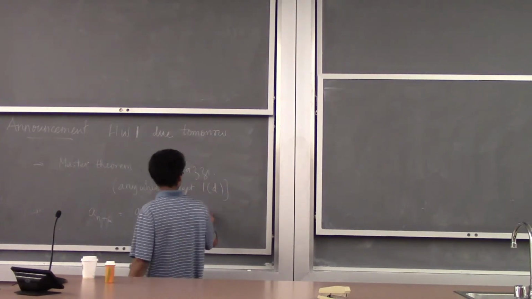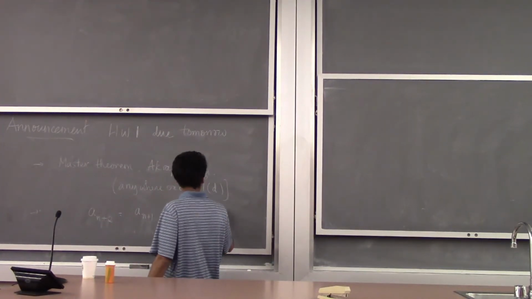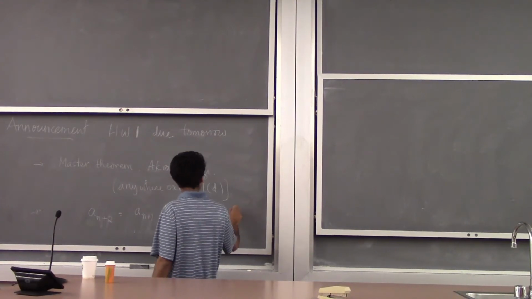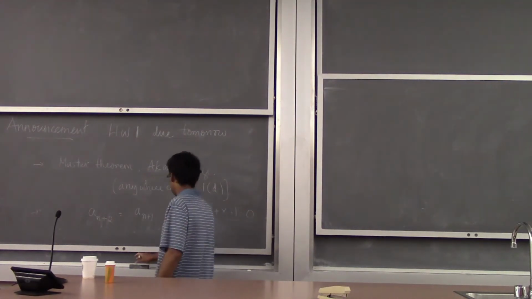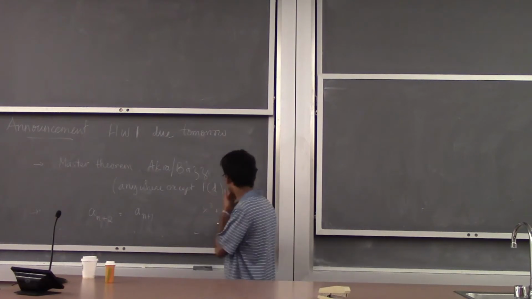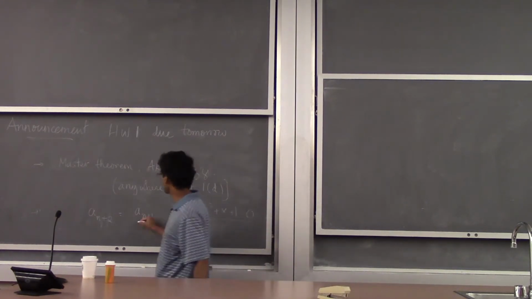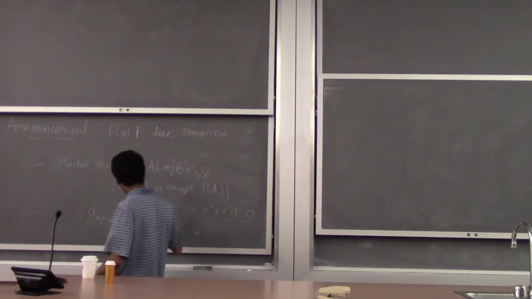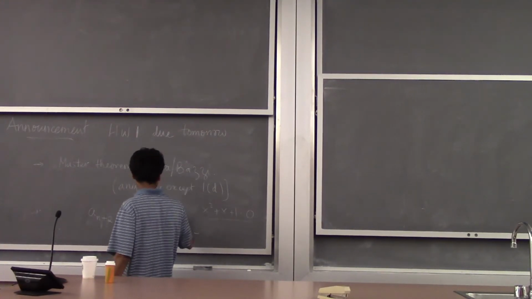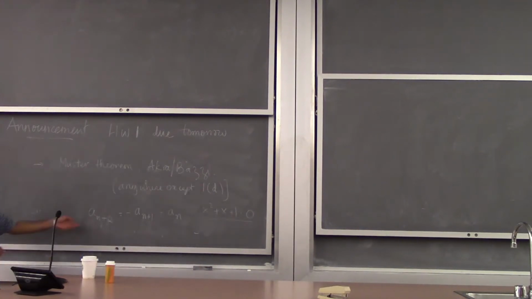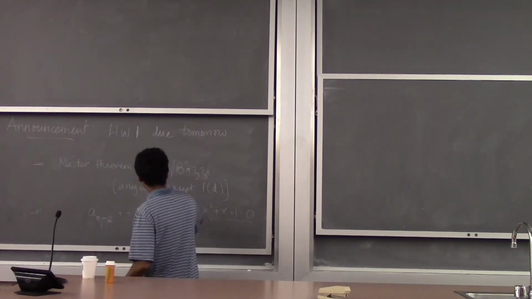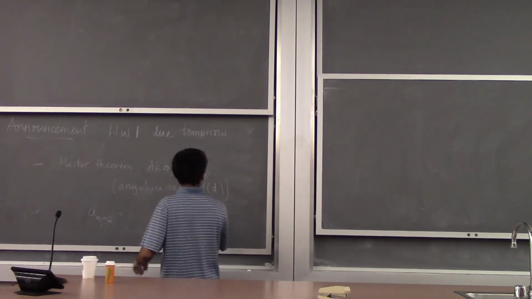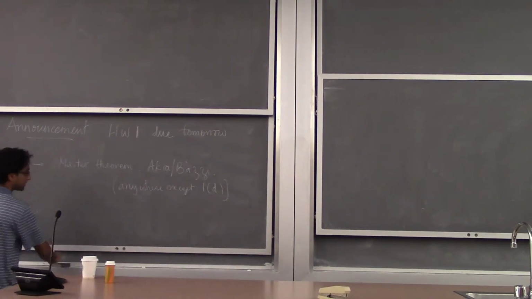Let's start with x squared plus x plus 1. This is fine, but then the recurrence that shows up from this is a little weird. If you have a recurrence like this, it's just very weird. Anyway, what you're going to determine is that if you have a recurrence whose solution